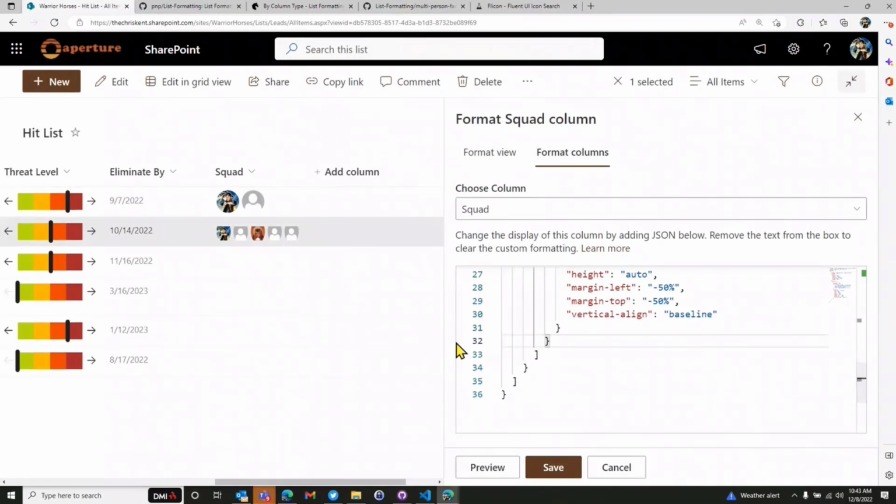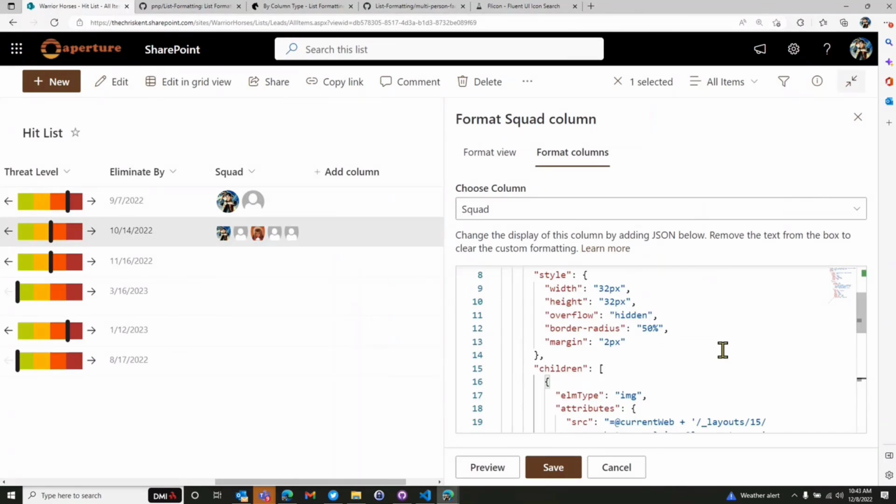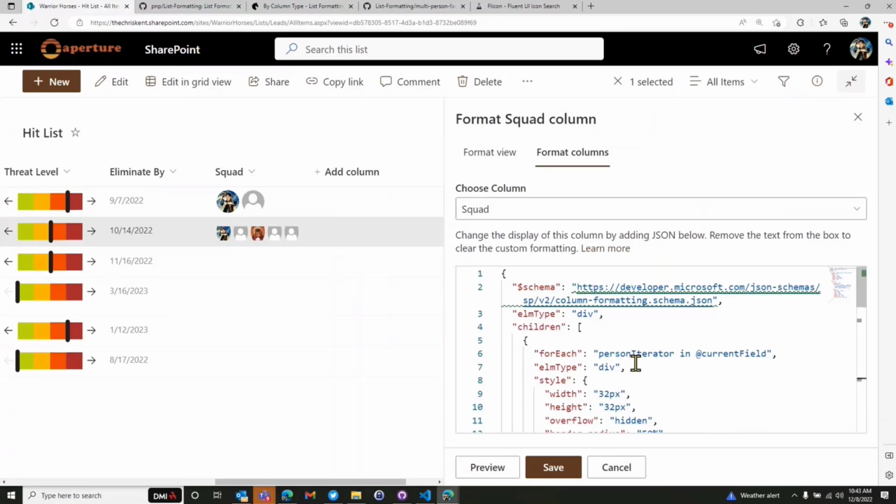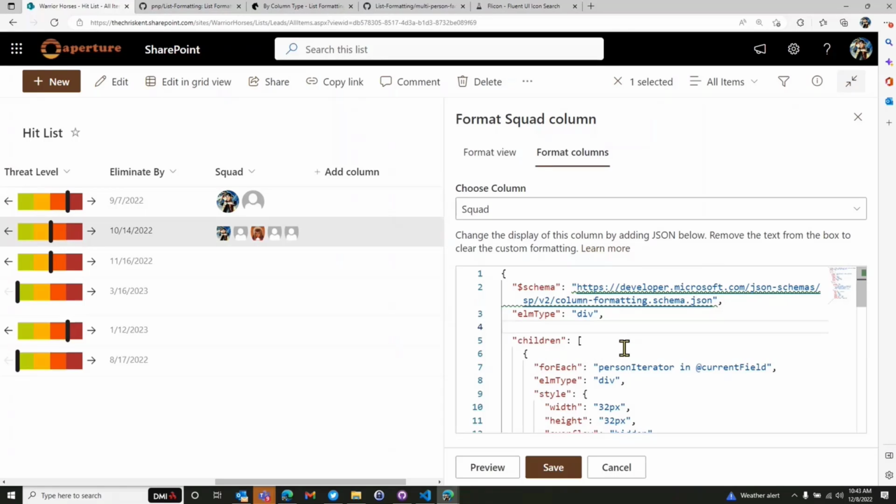Okay, so now we've got some weirdness right now. We're showing them all, but it looks a little strange, right? It's starting to shrink them down, right? So what's really happening there is we are drawing for each one of these. We're using the for each on this to draw a little person field, but they're all kind of getting squashed down. So what we can do is on that parent element, we could say a style,